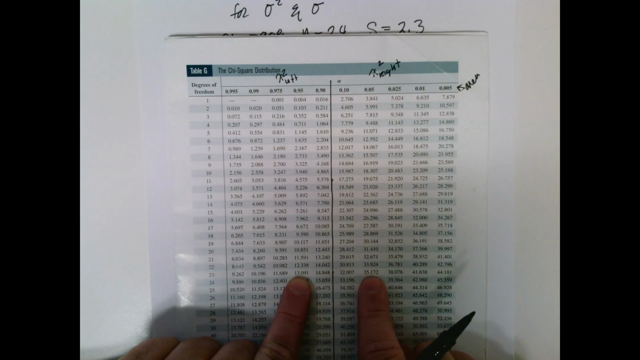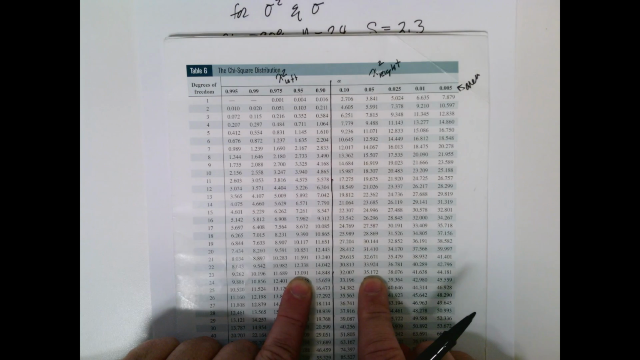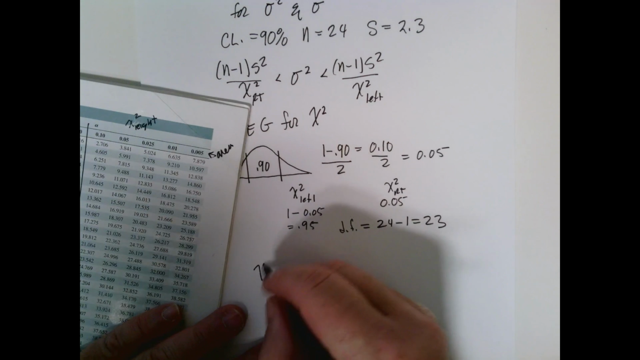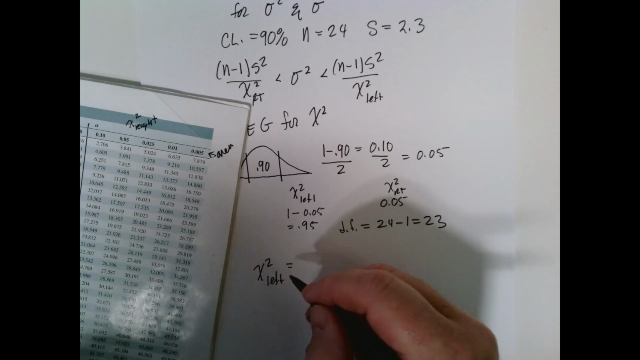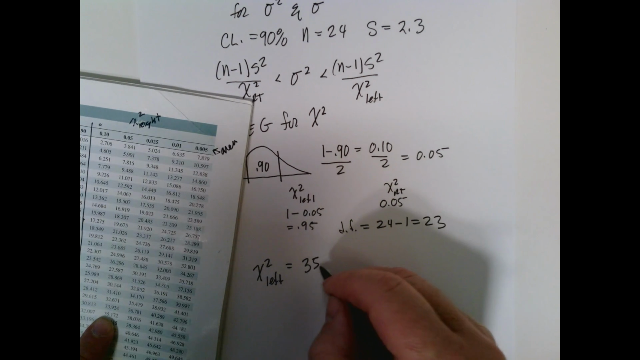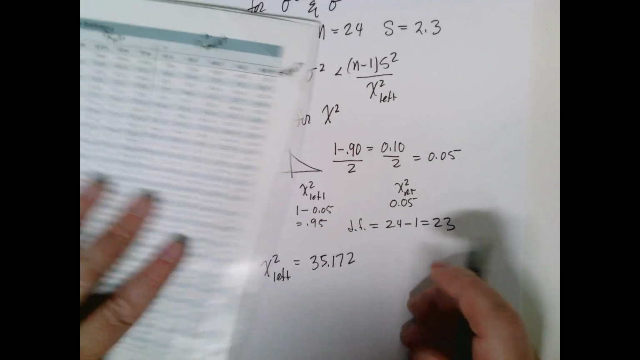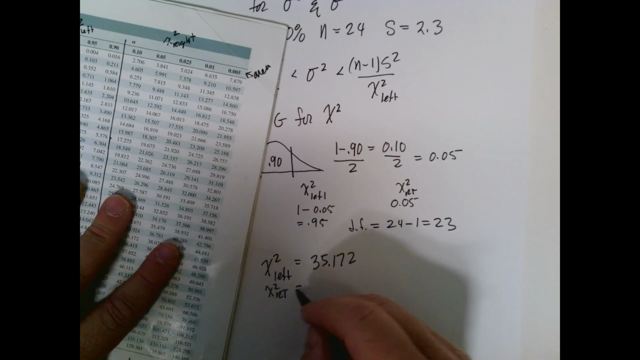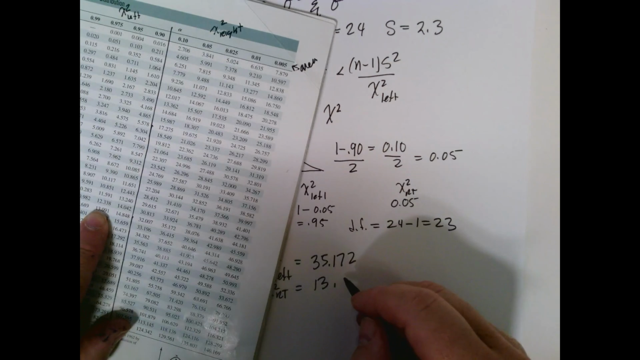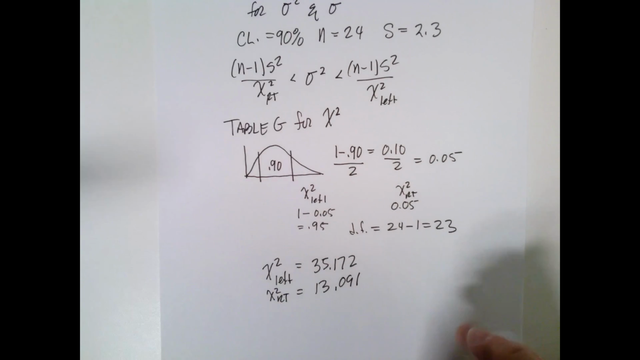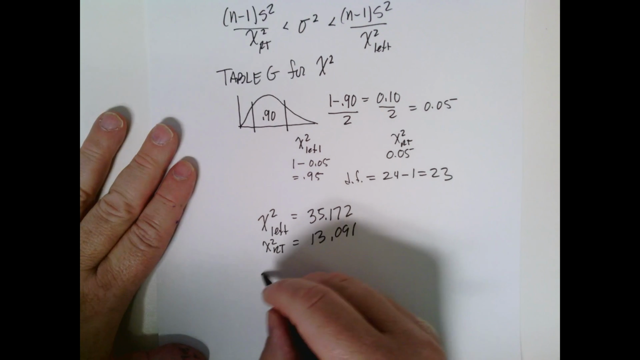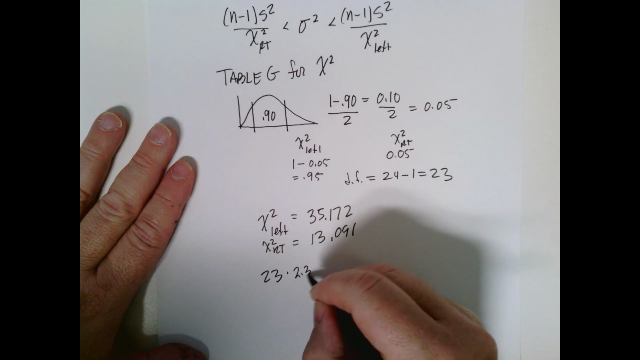So we get 35.172 and 13.091. Our chi-squared left is 35.172, and our chi-squared right is 13.091. Now we just plug everything in, so we have 24 minus 1, which is 23, times 2.3 squared